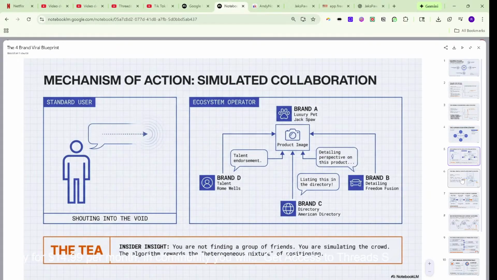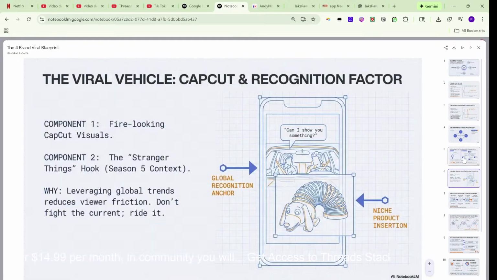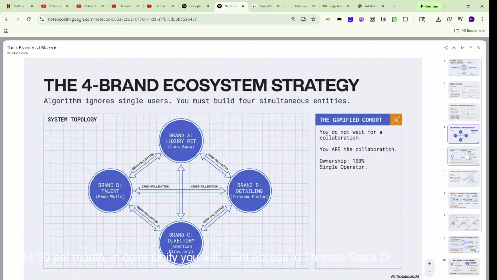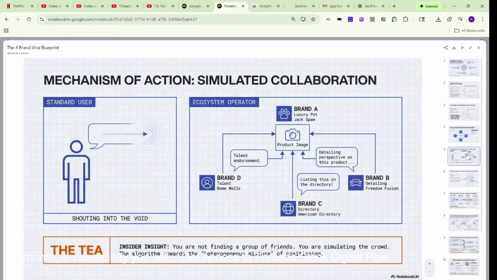You can see all the slides, and kind of everything is explained. It's pretty dope. Here's one brand, another brand, and all of those systems